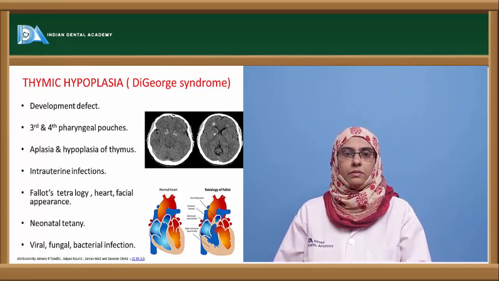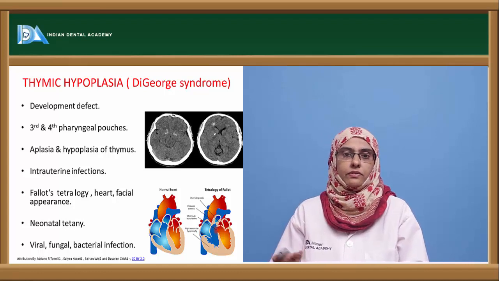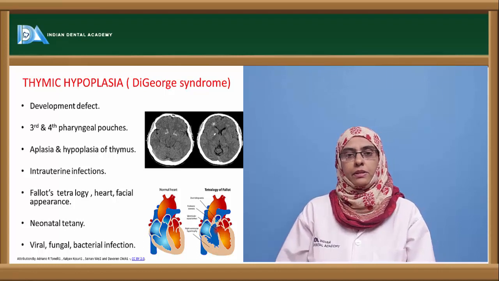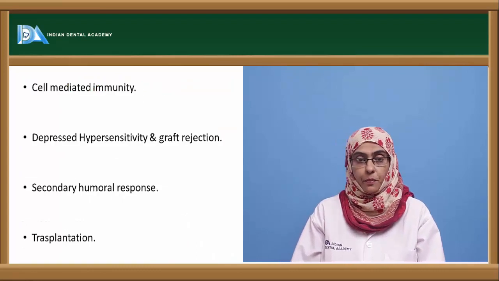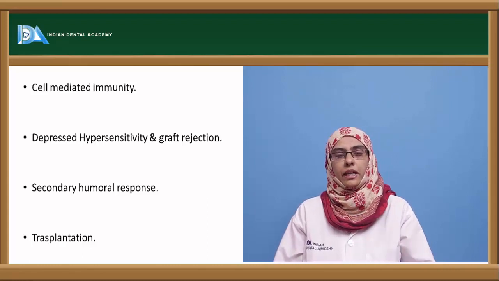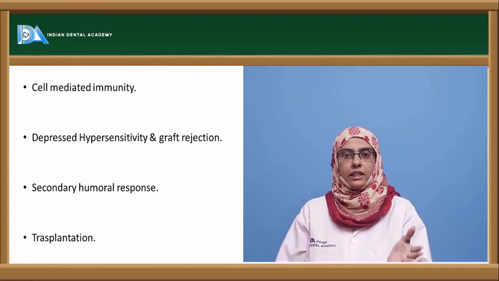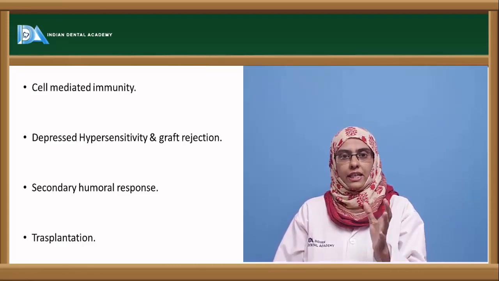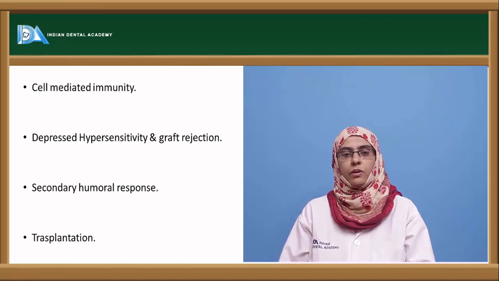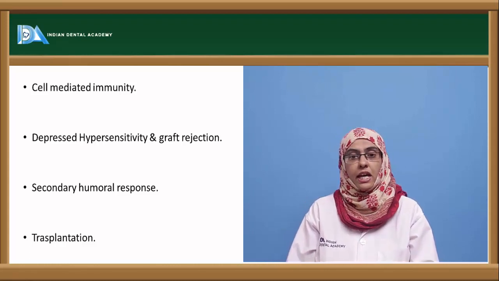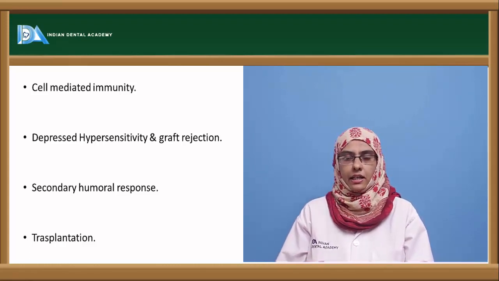A decreased amount of calcium can be seen in these infants, which can be detected with the help of different serological tests. And these people are more prone to viral infections, fungal infections, bacterial infections, etc. The cellular immunity is completely lost because of the hypoplasia of the thymus. You cannot see the thymus dependent area in the lymph nodes or the spleen. They usually show a lesser amount of T cells, and the T cells are very important in mounting an immune response. So complete damage to the cellular immunity can be seen in these patients, and decreased hypersensitivity and graft rejections